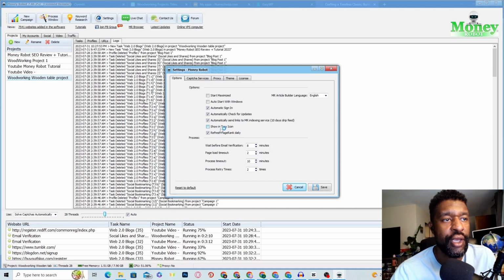when you're looking at show tray icon, don't click that one. Go to refresh. Make sure that one's clicked. So refresh page rank daily. And you can copy these numbers right here too. So I have mine set for wait before email verification 8 minutes. Make sure that there's a delay on these too, like wait for 8 minutes, 2 minutes, 10 minutes, process timeout